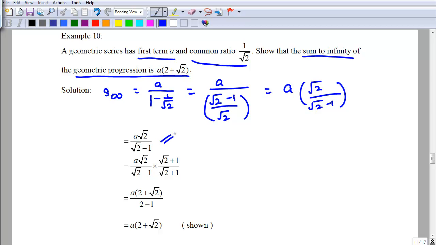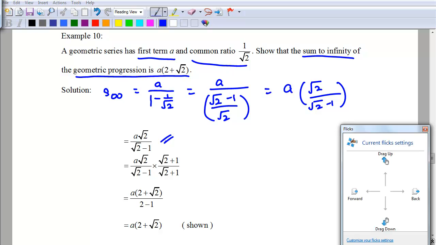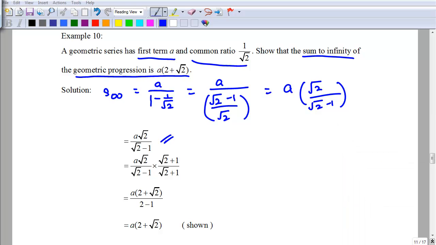Now I will say that most of you will have no problem arriving at this step under examination condition. The challenge is it doesn't really look like what we want. Now if you compare what you have obtained so far with whatever the question requires here in the highlighted part, you realize that the denominator root 2 minus 1 is not there,